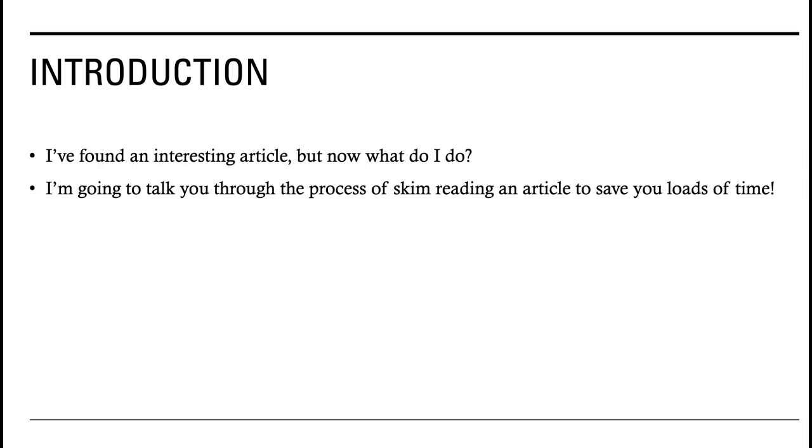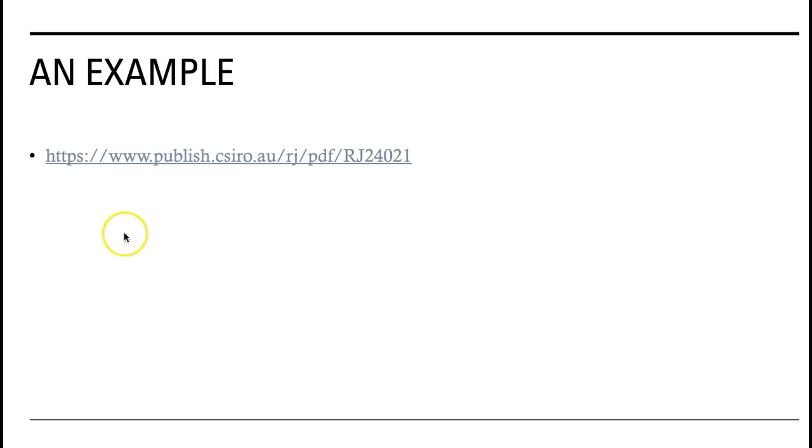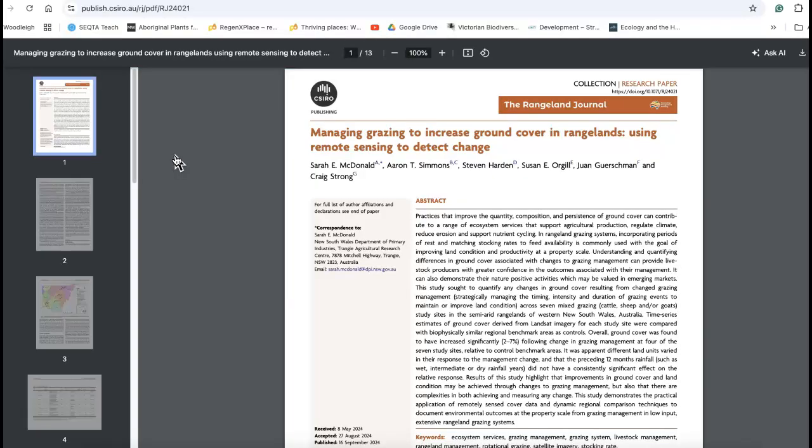So I'm going to talk you through the process of skim reading an article to save you time. You will need to eventually read it if it's any good, but first of all, is it any good? That's the big question. So I grabbed this from the CSIRO because I subscribe to CSIRO's list of materials they send out. They've got many, many divisions doing lots of interesting work, and you can subscribe for free